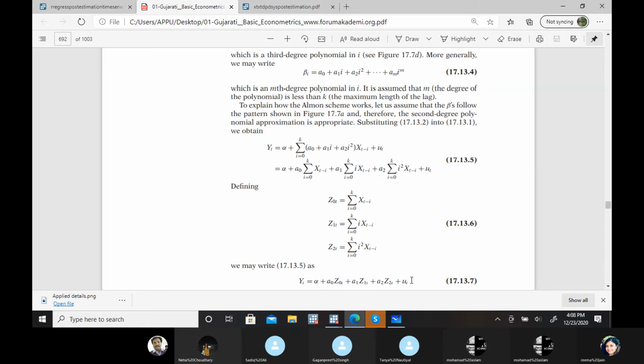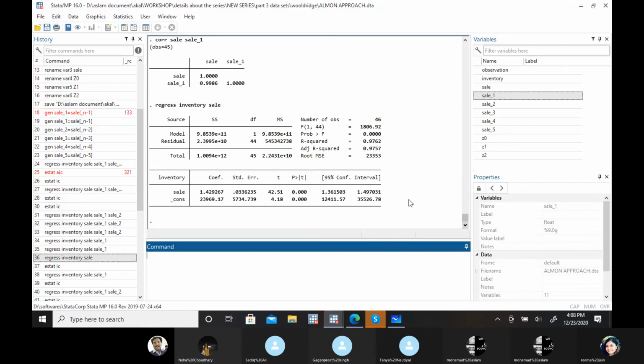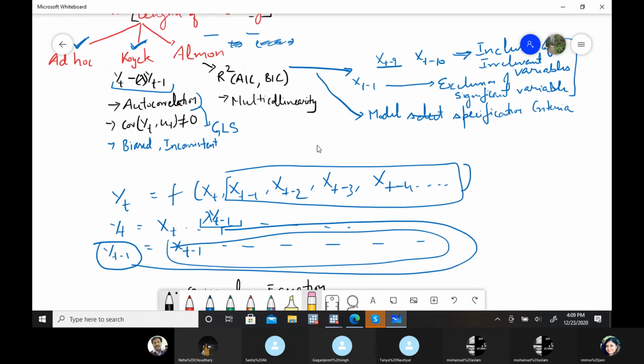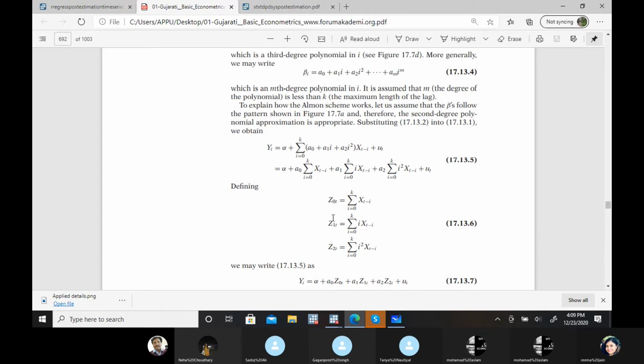It will keep changing. For example, let me do it with this practical example. It will give you more clarity. Okay, before Almon's approach, as I told you, first you have to decide about the lag length, because in these Z equations, these Z values are summations from 0 to k.